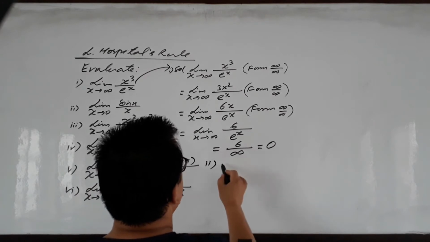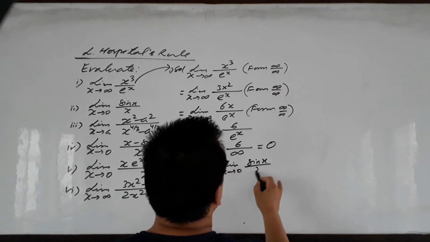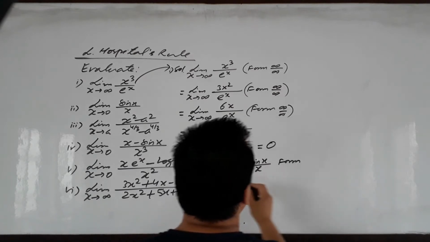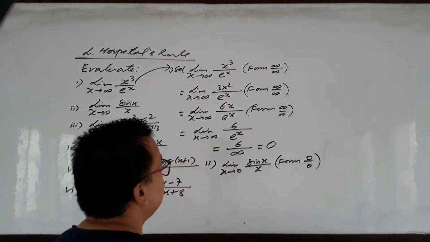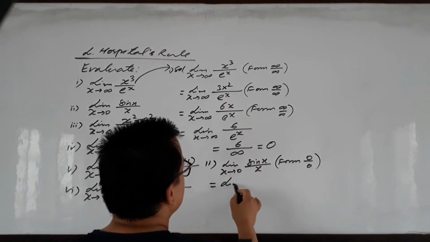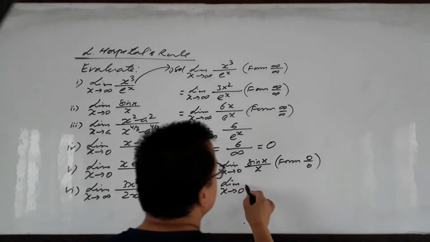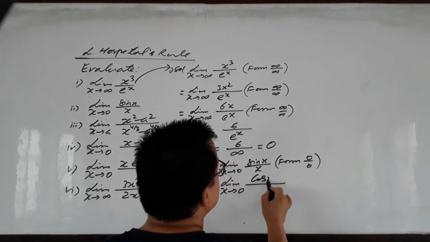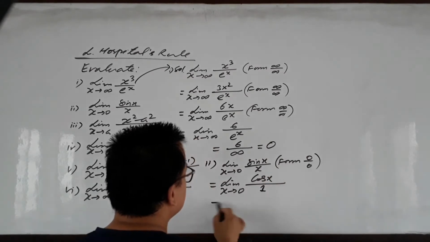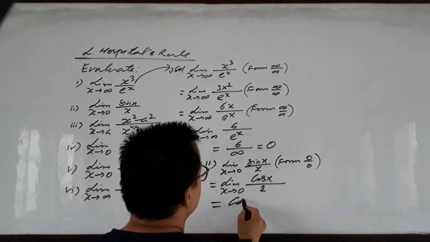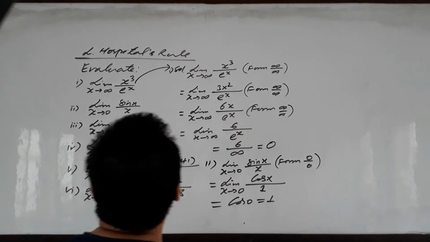Now second one, limit as x tends to 0 of sin x over x. If you see, this one is a 0 upon 0 form, right? So here we can use L'Hospital's rule. According to L'Hospital's rule, we have to find the derivative of the numerator. The derivative of sin x is cos x, as well as the derivative of the denominator, which is 1. So we get cos 0 equals 1, right?